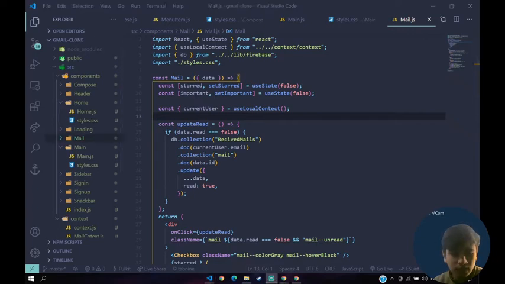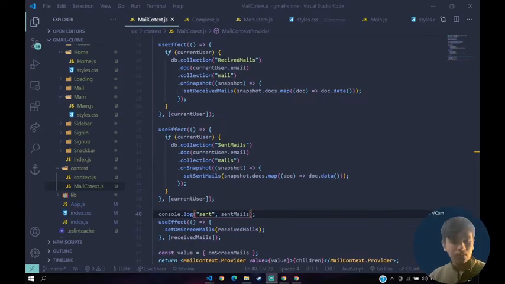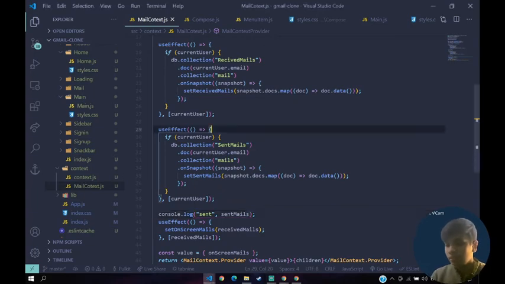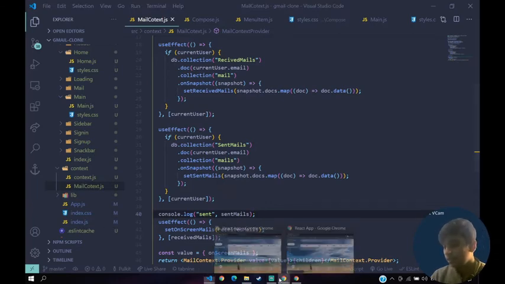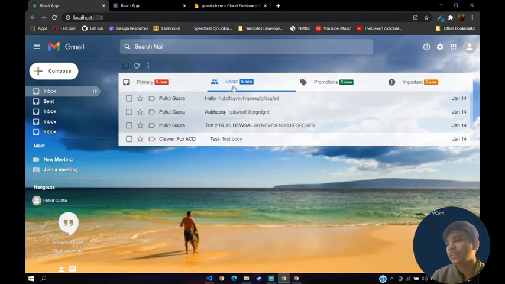Inside of the sidebar. Okay guys, to sort out the mails depending on what the user clicked on, basically if he clicks on social, then the social mail or sent mail should be displayed.